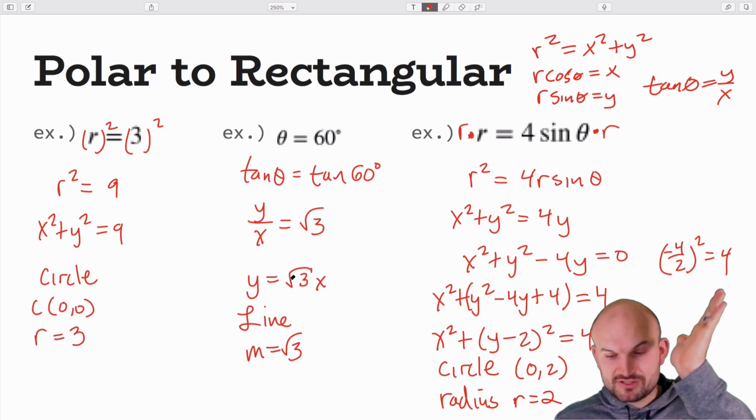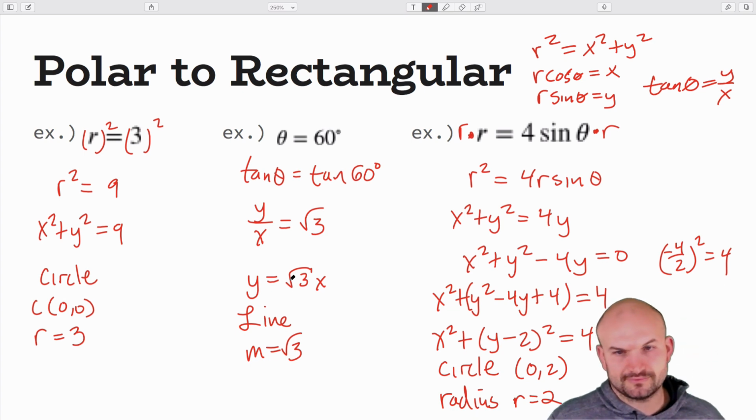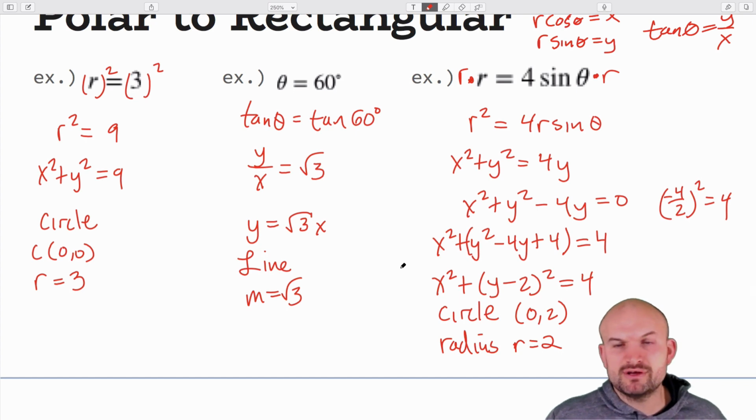Even when you have a negative direction, it's still going to be a 60-degree angle. You can see that's producing a line. All right, and then the last example I covered with my students was when you have r equals 4 times